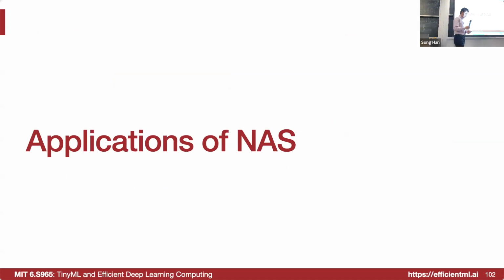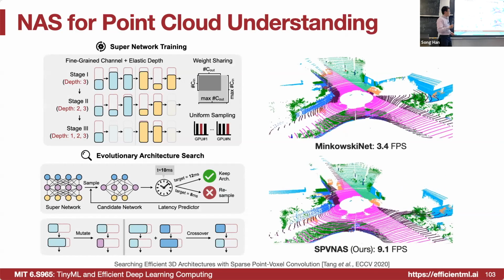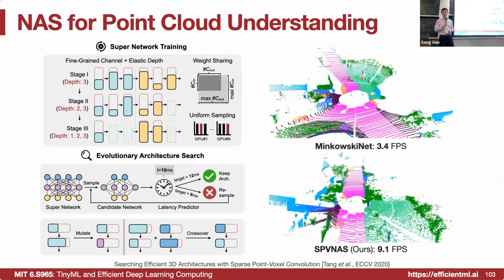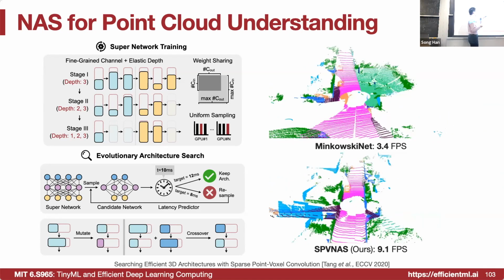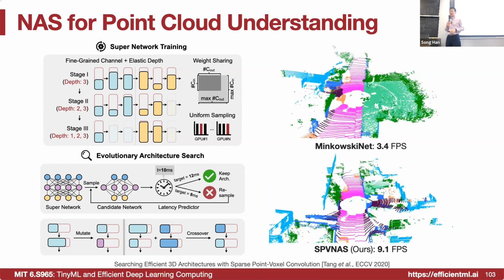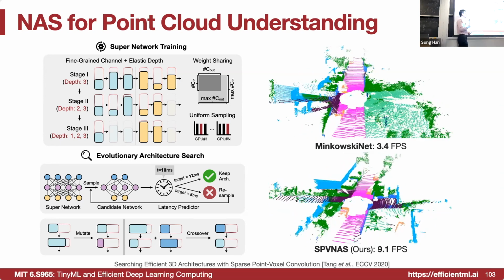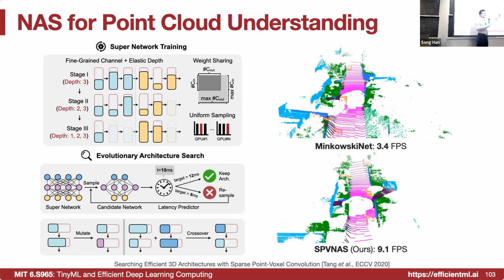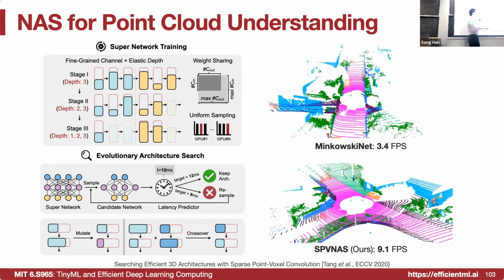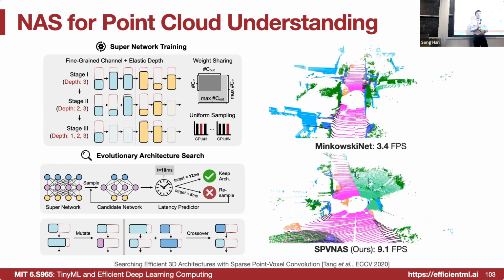All right, so let's switch gears to talk about the applications of NAS. We have designed so much for NAS. What can NAS do for us? So this is NAS for point cloud understanding. Self-driving cars are equipped with LiDARs, and those LiDAR sensors have to process highly sparse input data. Previously, they ran quite slowly on the GPU, but the searched model can run almost 3 times faster